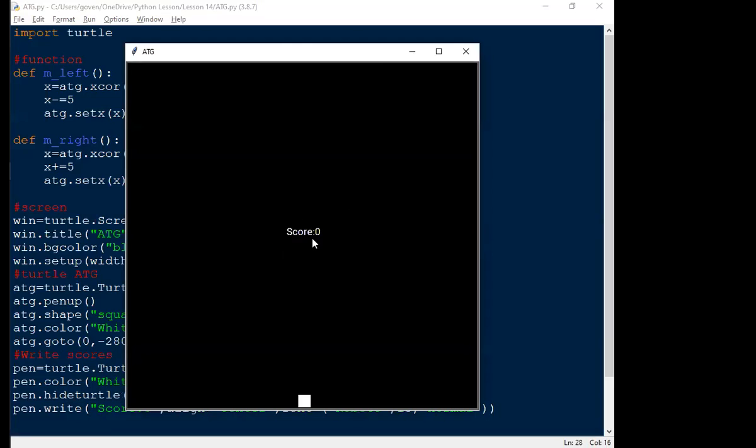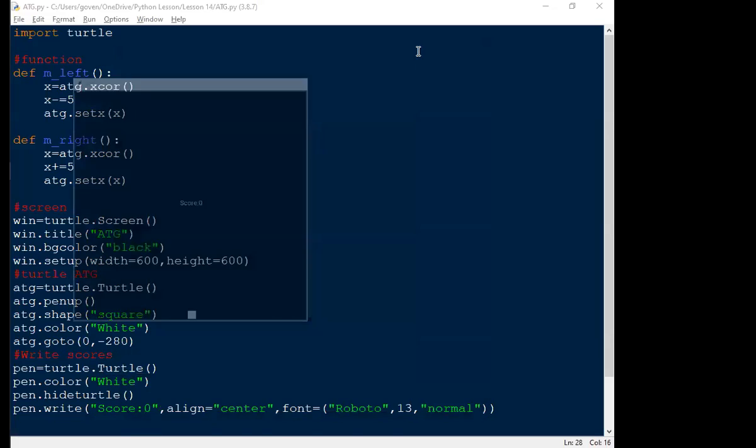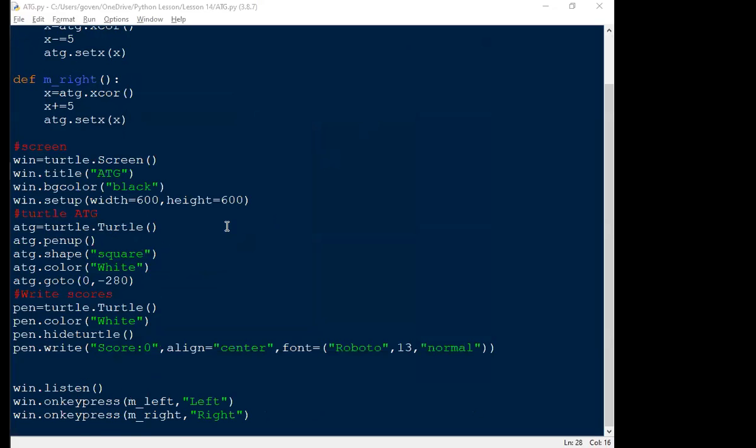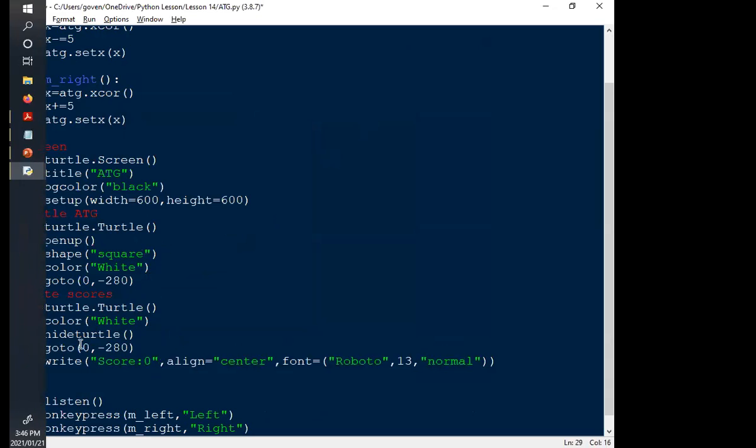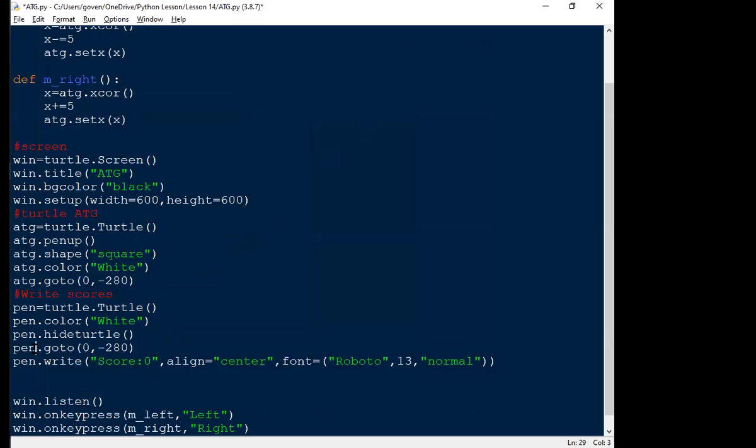So we can just see score. But you'll notice now score is in the center of the screen. Normally when you see games, score is at the top of the screen. So we now need to move the score to the top of the screen. And remember, this pen turtle we created is a normal turtle. It's just that we're using it for writing instead of shapes. So we can actually still use the goto function with it. And we can say, all right, before you can write, I want you to go to a position. So we're going to say pen.goto. We're going to go to the top of the screen. Top of the screen is positive, just like our bottom of the screen was negative. So now if I run it,